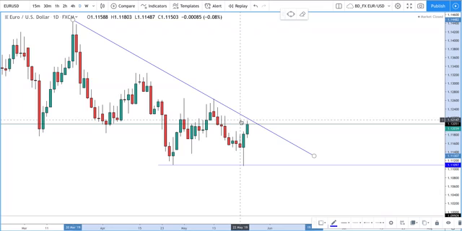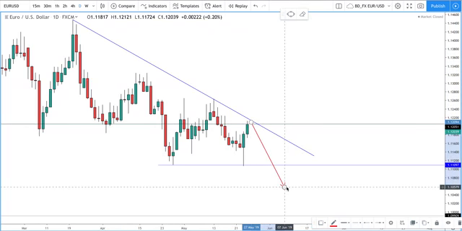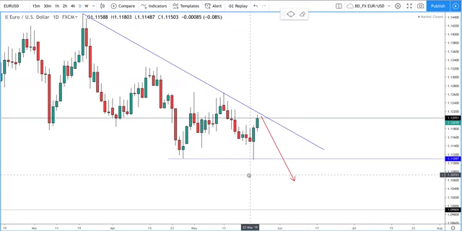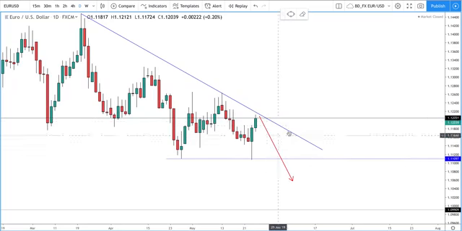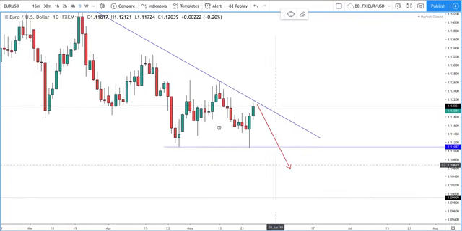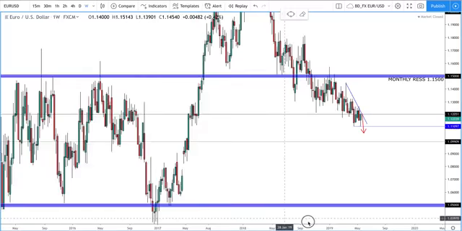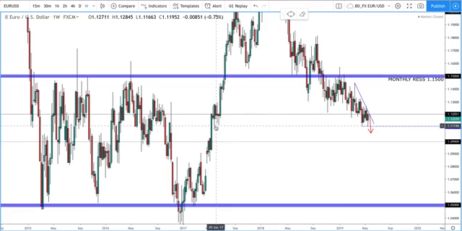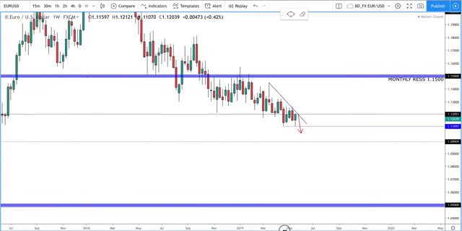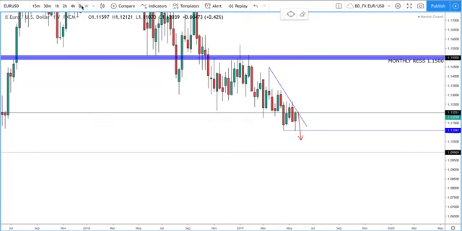Now from there, I'm going to be watching this pair to see whether we can break above or whether we're going to push lower. Depending on what the news is over the Eurozone and the elections over the weekend, we may see some weakness on the Euro, which will help push the Euro down and actually make those new lows, which we haven't made since, let's have a look on the weekly chart, May 2017. We haven't been down at these levels. So these will be yearly lows if we can push down on Euro GBP.